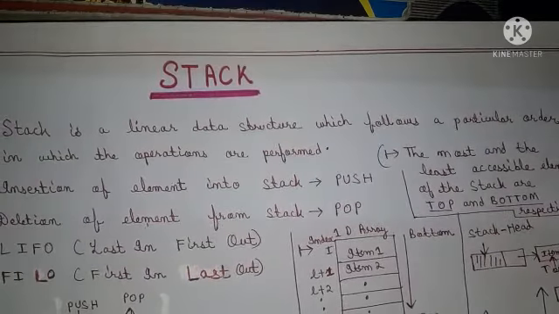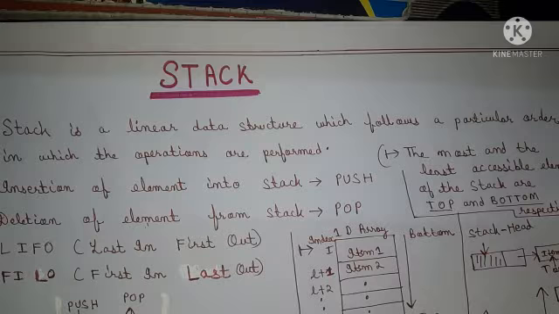Okay, so now as we have studied earlier about queue and linked list, just like that, stack is also a linear data structure. What is a linear data structure? The data structure which exhibits the property of adjacency between the elements. That is, if we know the position of an element, we can also know the position of the previous element. We can also know the position of the next element. That is a linear data structure. So stack is also a linear data structure.